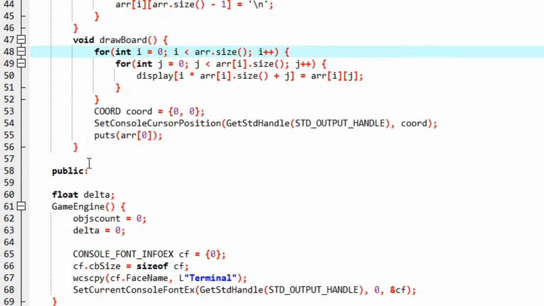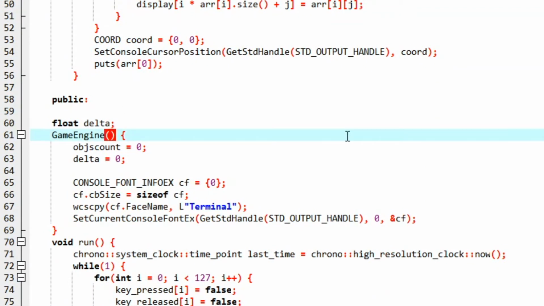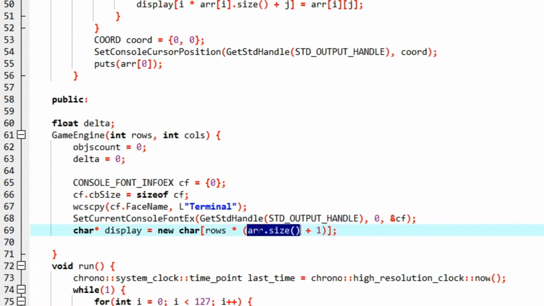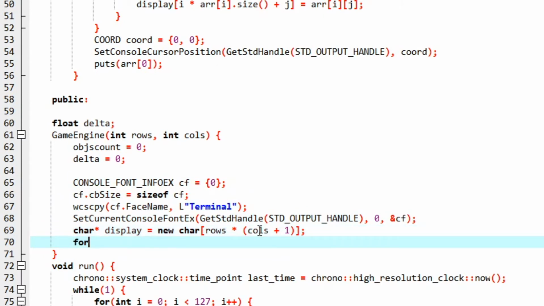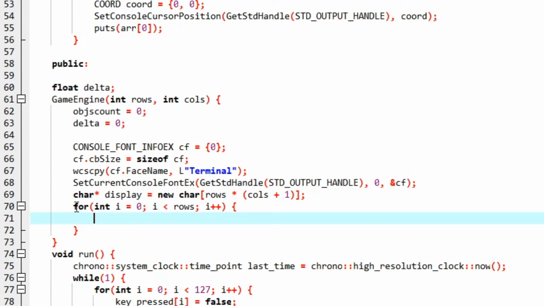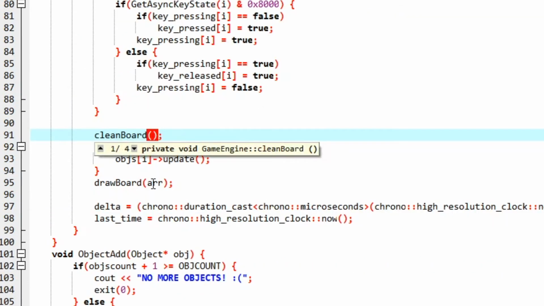And we will move this initialization here. We are going to ask for the size now, and we should create the array here. Initialize it as well. By initialization I mean let us add the endls that we are going to use later on here right now. So I want to add an end line at the end of each row. This should do it, and we don't need to pass the array here anymore.